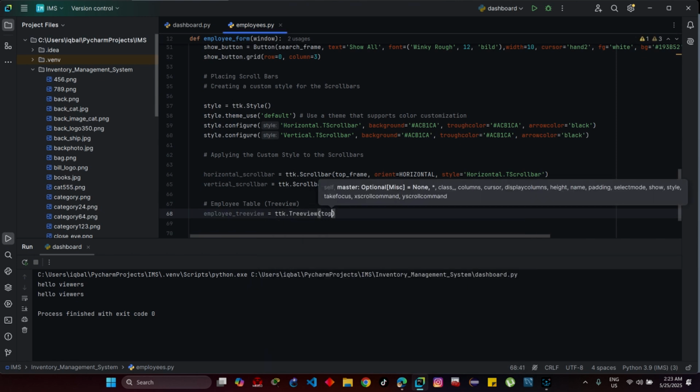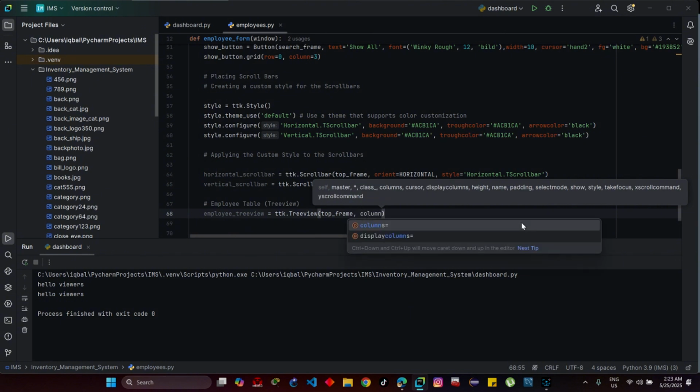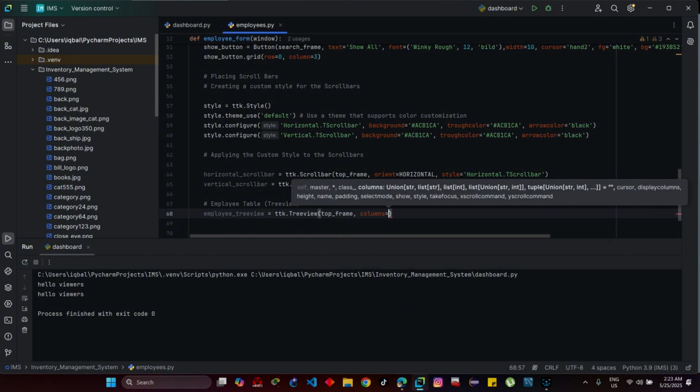ttk.review. This will be on the top frame. So the preview is always taking columns. Any column you provide in the preview must match the database. If there are misspellings and you create the database in MySQL or any other database